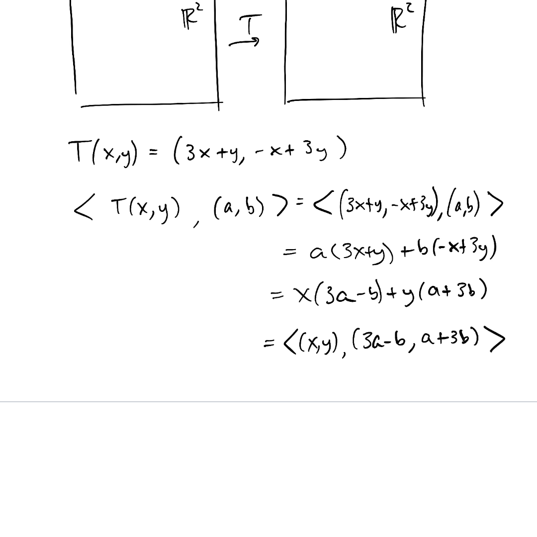And that means that this quantity here is T star of (a,b). It has to be, because the defining property of the adjoint is